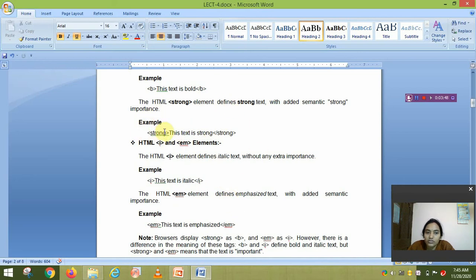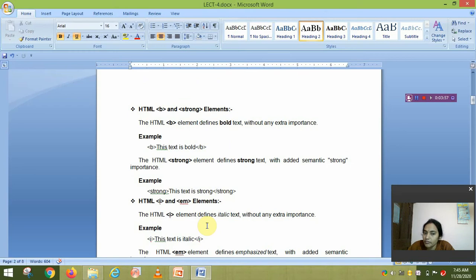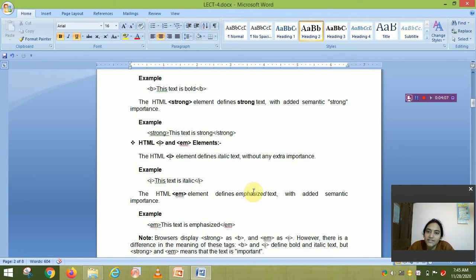As for strong, you also write strong. The opening tag is strong and the closing tag is slash strong. So all these formatting text elements or tags have an opening tag and a closing tag. It is a paired tag, not a singular tag. Okay, singular tag means HR is a singular tag, BR is a singular tag. These tags do not have a closing tag, so these tags are called singular tags. Okay, and those tags which have a closing tag or end tag are known as pair tags.